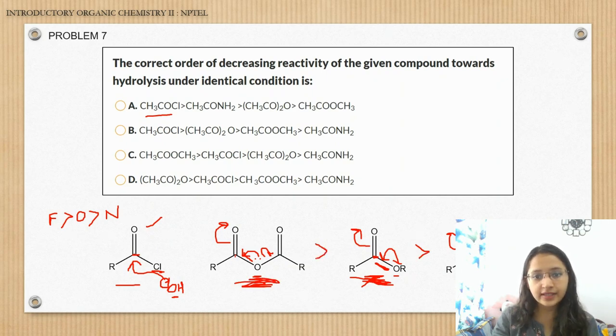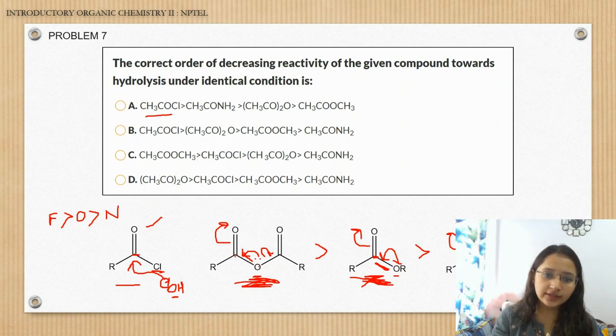How is it higher than this ester in acid anhydride? Because now the lone pair of oxygen is donating to both of these carbonyls. At a time it is donating to only a single carbonyl, right? So one of the carbonyl carbons is electrophilic in nature at a time. Here, the electron density of this oxygen is shared between both carbonyls. So at a time it is donating to only one carbonyl, and the other carbonyl is left with electrophilic nature. That is why this anhydride has a higher ease of hydrolysis, because the carbon is higher in electrophilicity